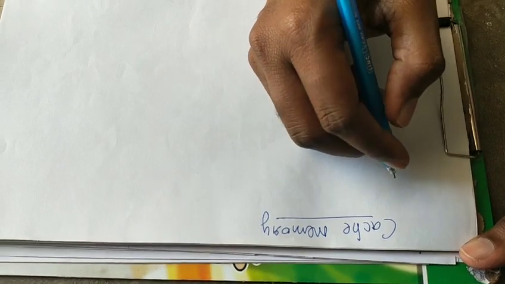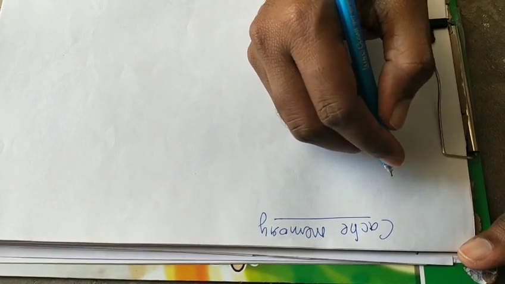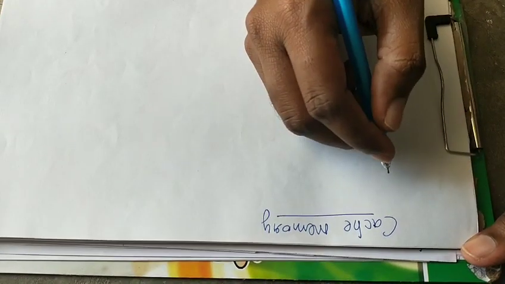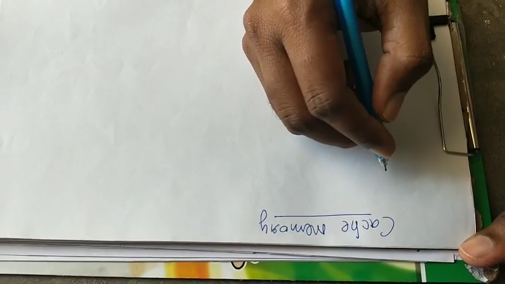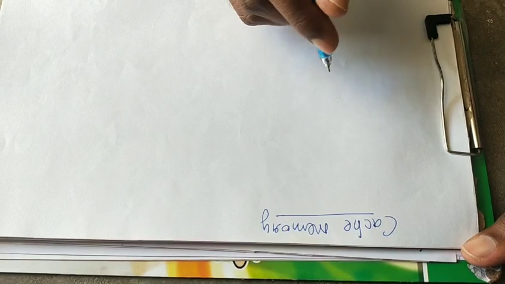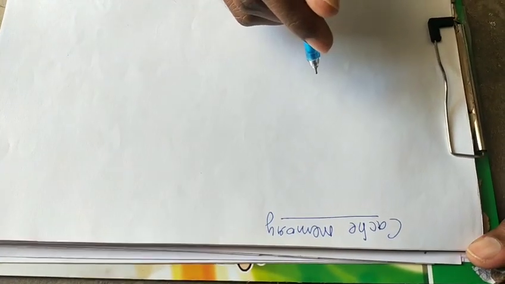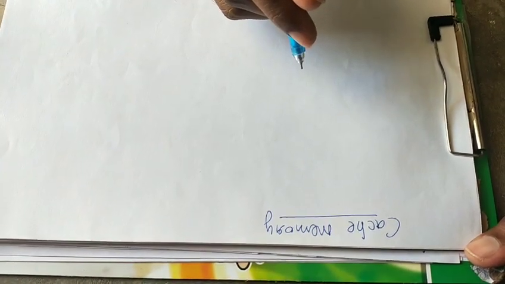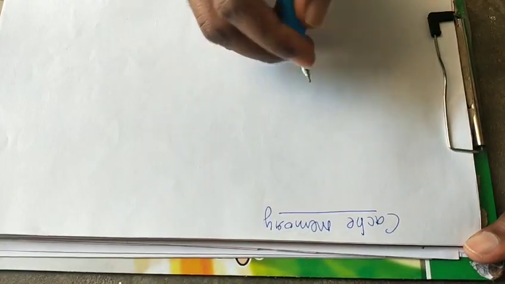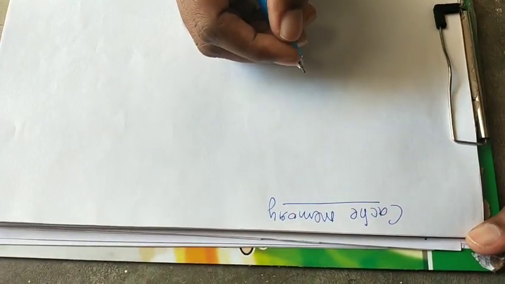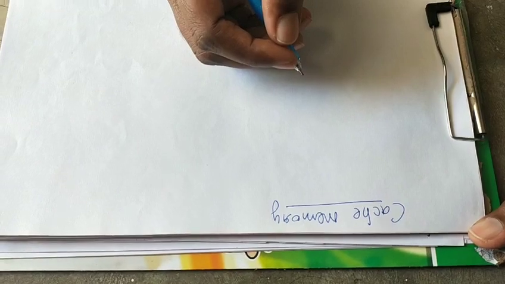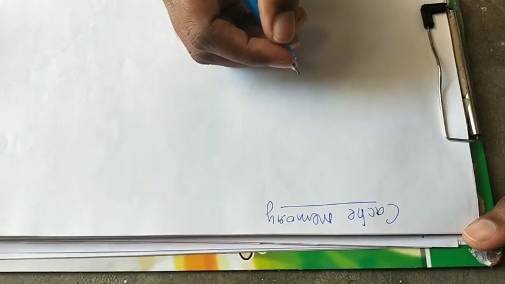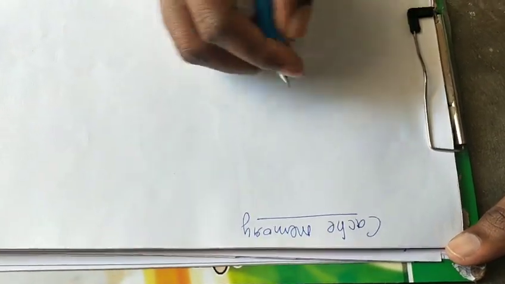The topic of this talk is cache memory. Here, the things we are going to see are what cache memory is, where exactly it is placed between the processor and main memory, what the need of cache memory is, and what the cache mapping function is. These are the things we are going to study in this video.